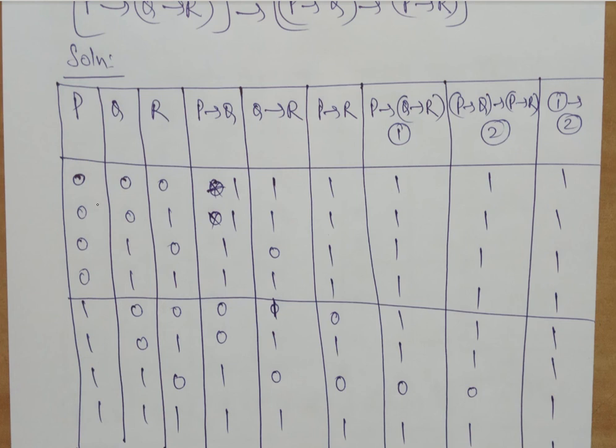So you use the one which is comfortable to you, but stick to any one only. Don't write both and get confused. If you are comfortable with T and F, please go with T and F. If you are comfortable with zeros and ones, please go with zeros and ones, but any one, not both.